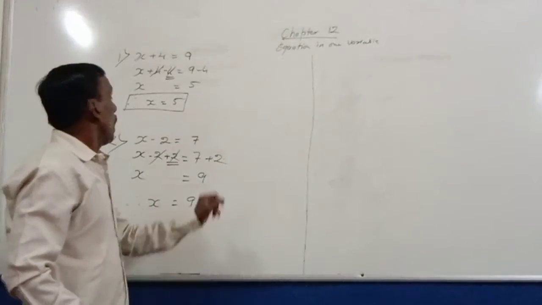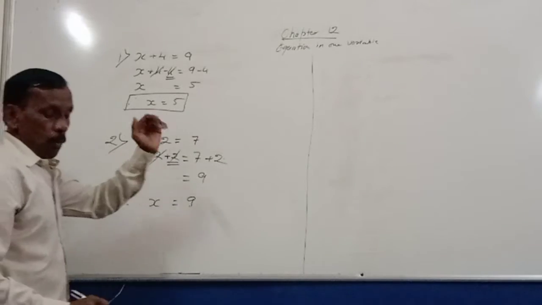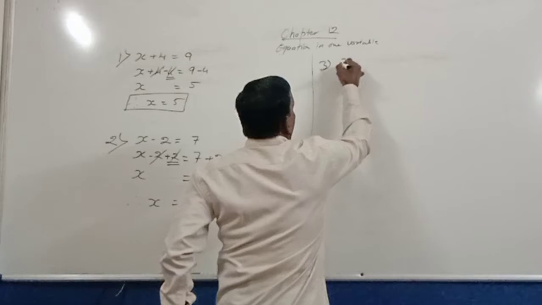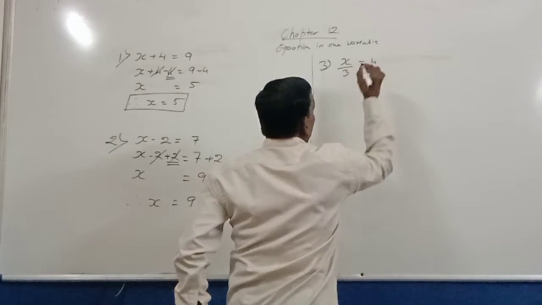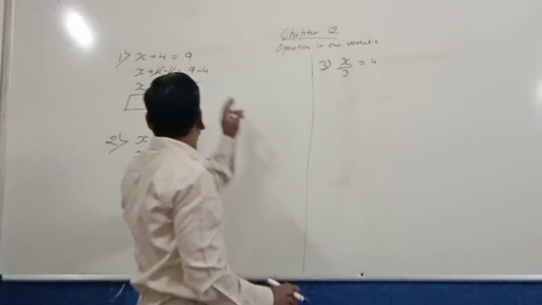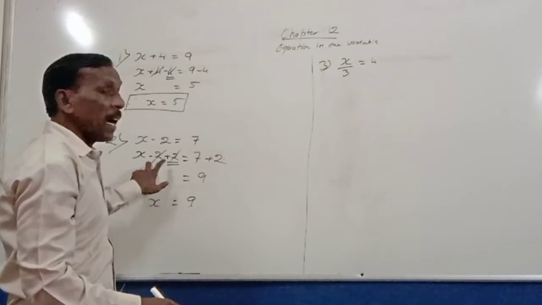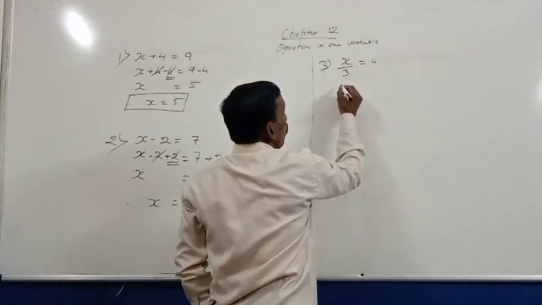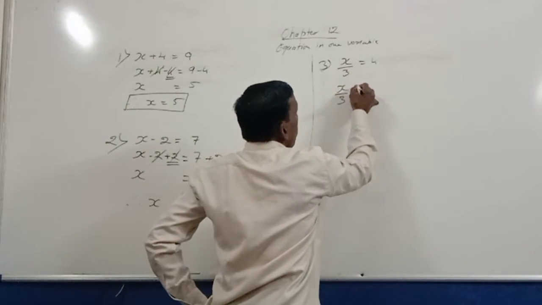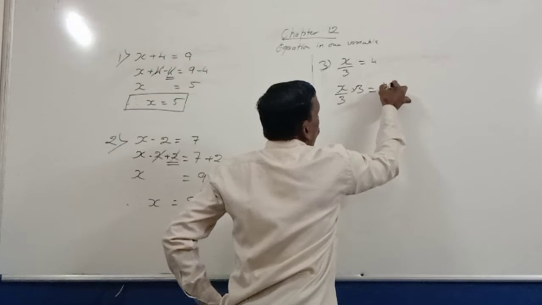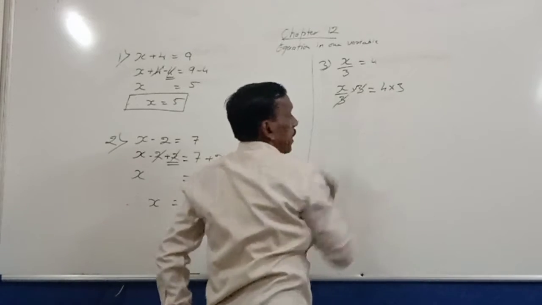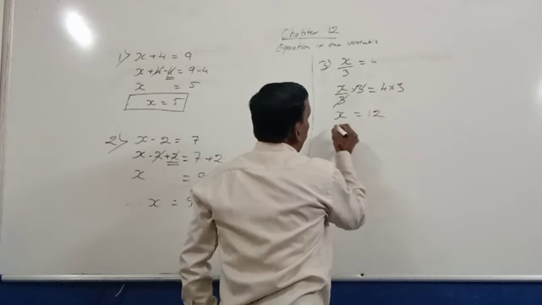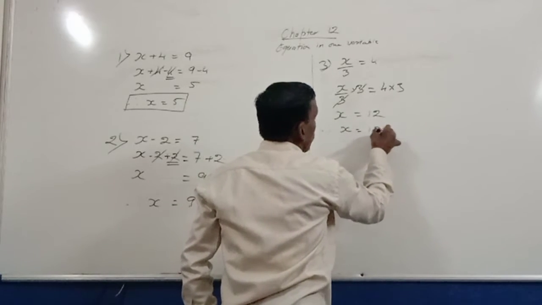Understood everyone? Now it was a plus, there a minus, and we will take divide also. Suppose x upon 3 is equal to 4. So what do I first have to do? When it was plus, I did a minus. When it was minus, I did a plus. Now here, upon means divide. When it is divide, we have to do the multiplication. X upon 3 multiplied by 3, and the same here, 4 multiplied by 3. Now the 3 cuts. What will come here? X is equal to 12. Therefore x is equal to 12. This is our answer.